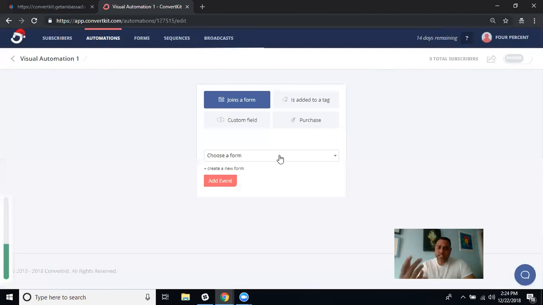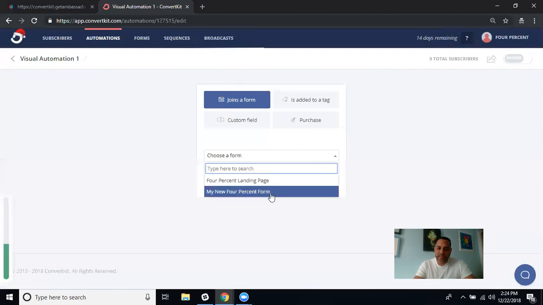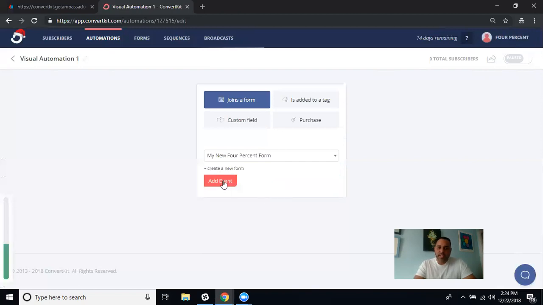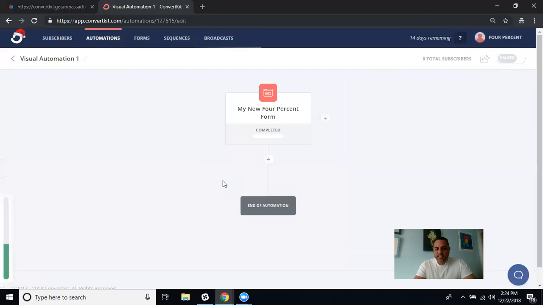So the first thing is the form, right? You already have created a form, but you want to put the form here in automation to put it into play. So let's do that. So we got a form here. Choose a form. So what form did we choose so far? Let's go with the new 4% form. Right, let's add that. So now it's right here. Now, what do you want people to do once they come into this visual automation? Once they come into this form, what's the next step? We didn't set anything up. We just set,